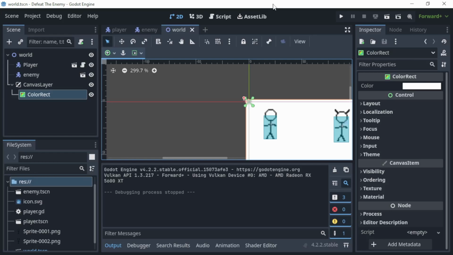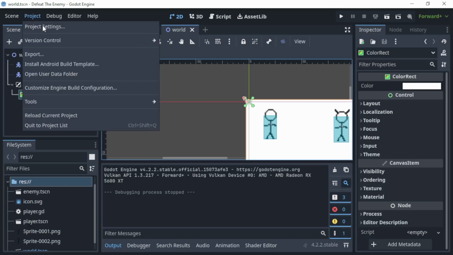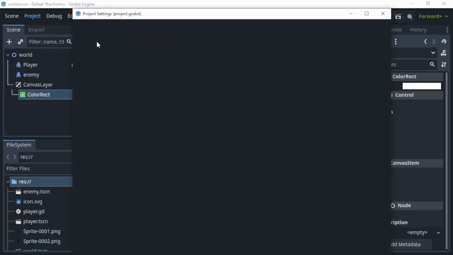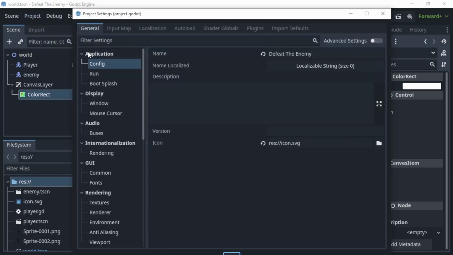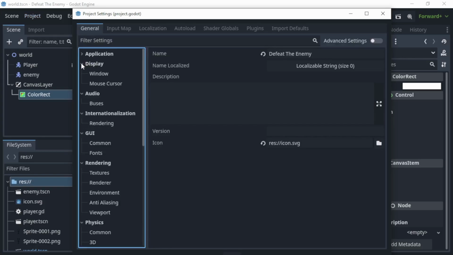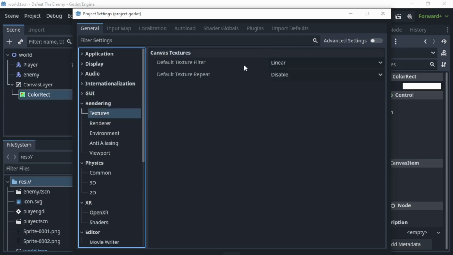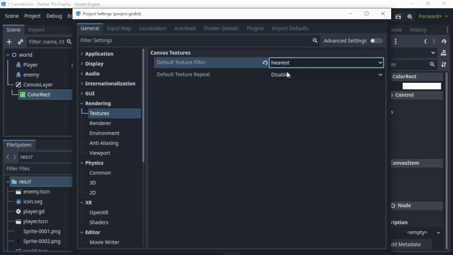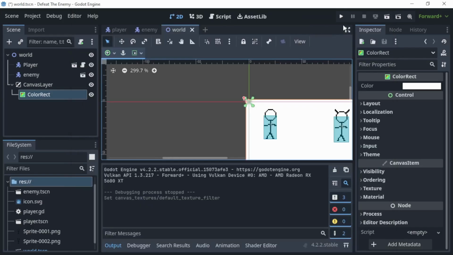With the white background, it's very clear that our sprites look a bit fuzzy, and as we zoomed in, it makes it even more obvious. We can fix that simply by going into Projects, Project Settings. We're going to look for the rendering section, so we can just minimize these until we get to rendering, which is right there, and we're looking at the textures. If we change this default texturing filter to nearest, we can go ahead and close out,